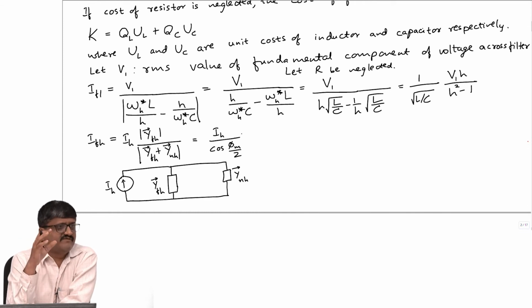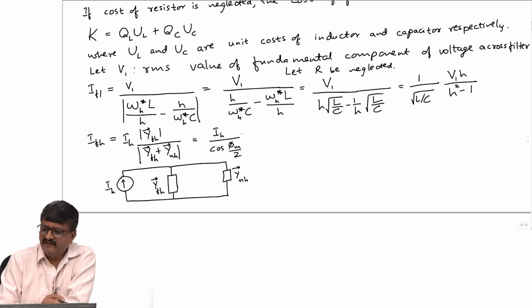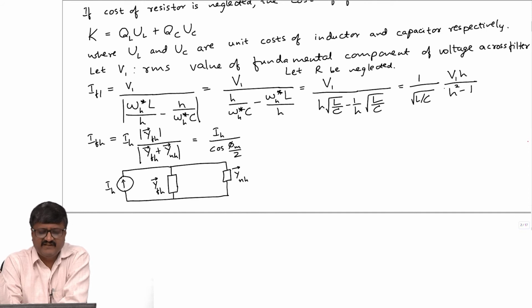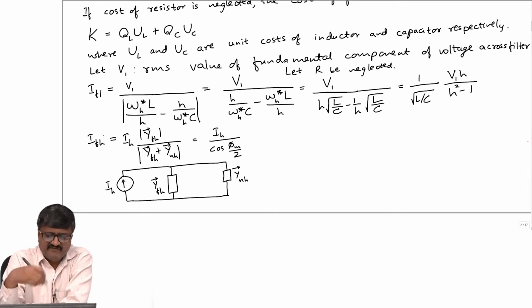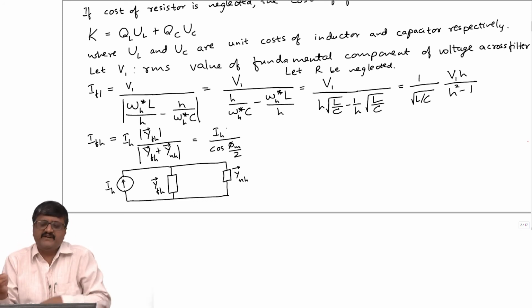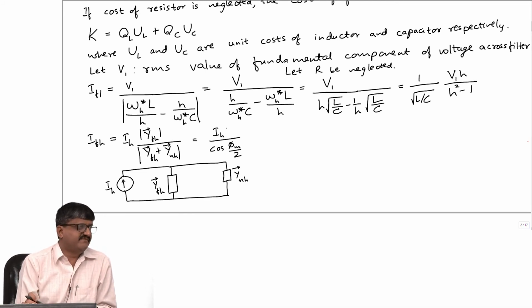So, IH is a constant which is known, phi m is a constant which is given. So, IFH is a constant. Please note, when you look at the expression for IF1, V1 is a constant, H is a constant, because V1 is the RMS value of the fundamental component of the voltage, and H is also a constant. Similarly, in the expression for IFH, IH is a constant, phi m is a constant, but IF1 is not a constant because IF1 is dependent on the unknown quantities L and C, whereas IFH is independent of the unknown quantities L and C.